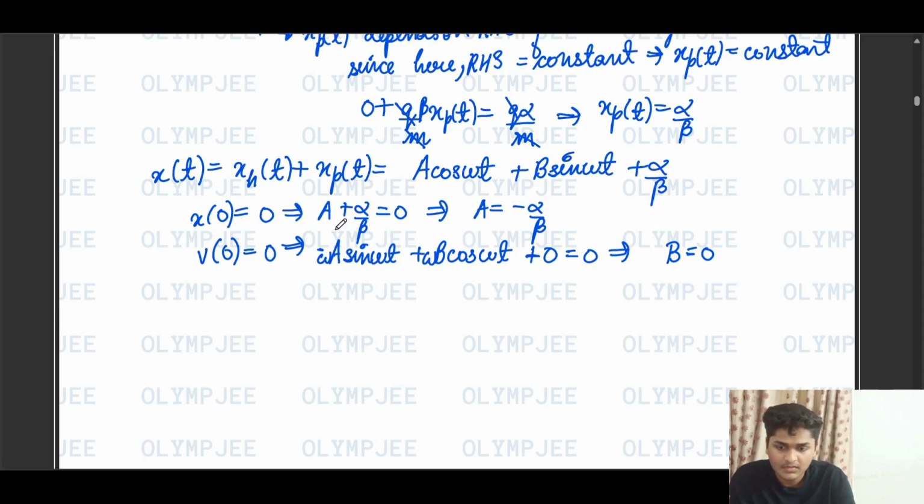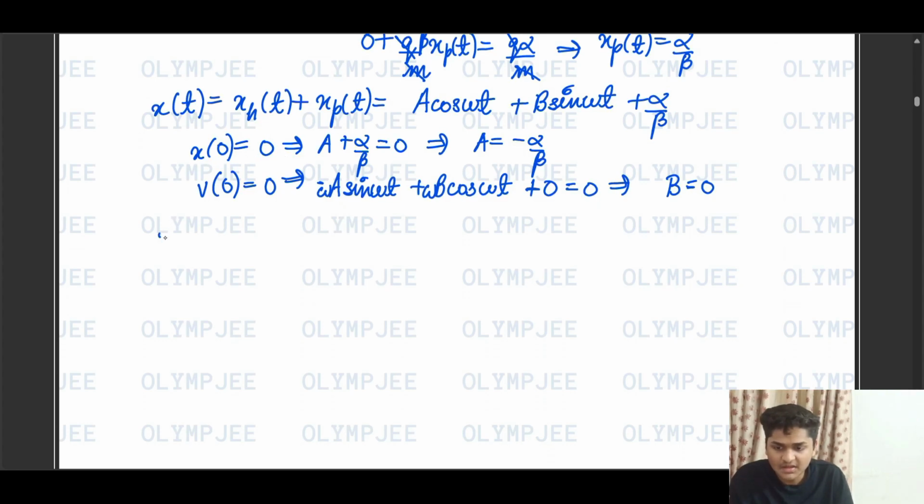So xt becomes, since a had minus alpha by beta and this is also alpha by beta, we can write it as alpha by beta times 1 minus cos of omega t,